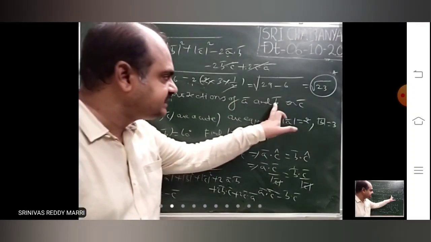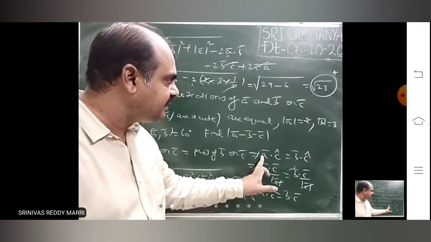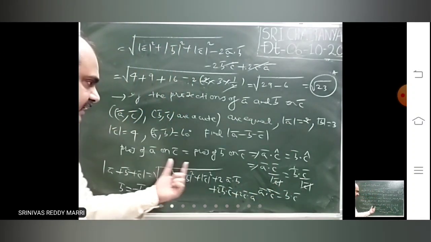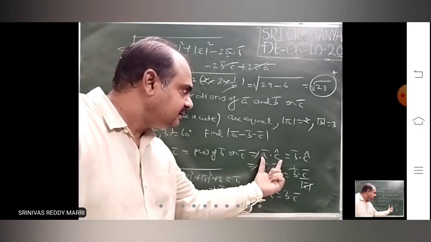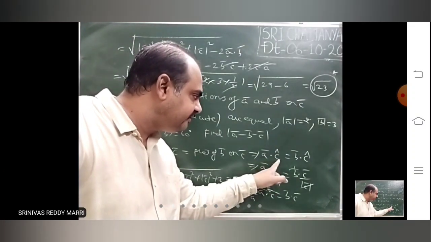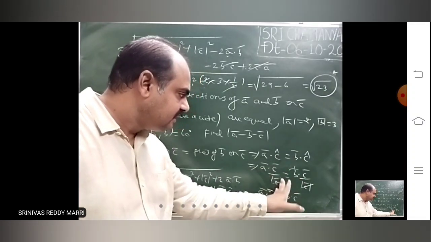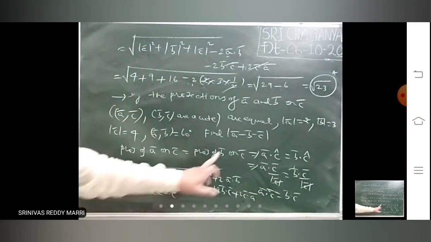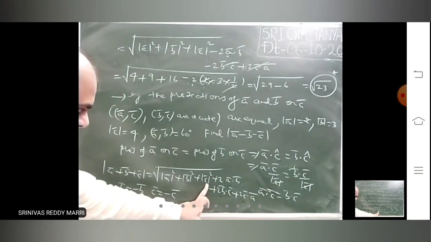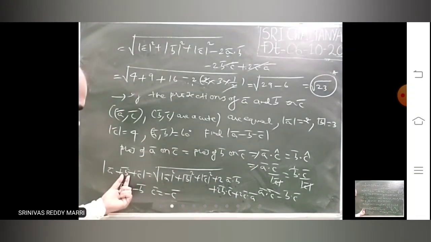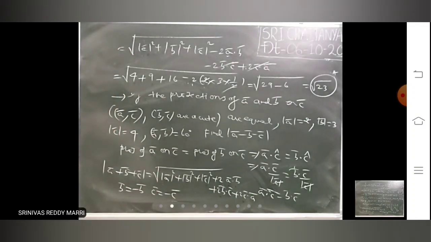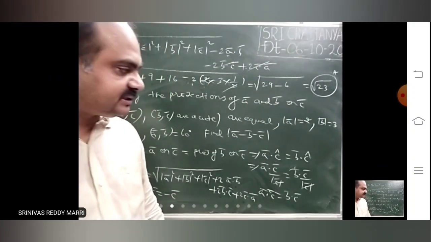Always, whenever projection is given, you write the formula A bar dot C cap. Acute is given, that's why. Generally, this is the projection modulus. Acute is given means what? Only positive. So this condition is given. So this plus formula is there. Always you write this one. What is in place of B bar, minus B bar you write. What is in place of C bar, minus C bar you write. So like this on projections.